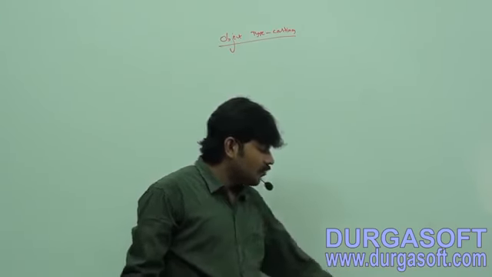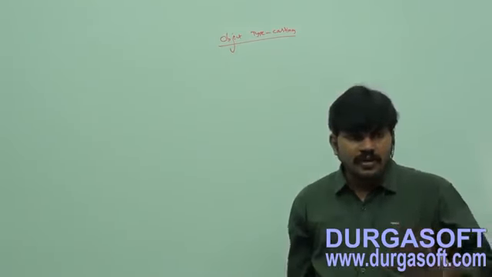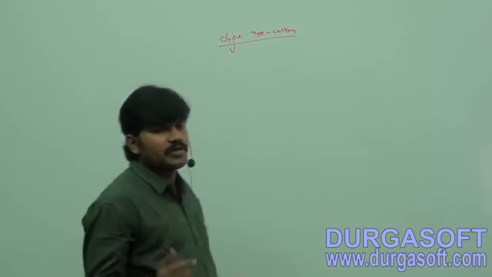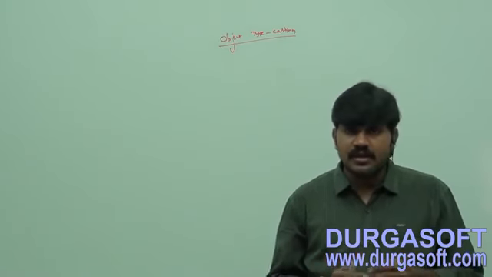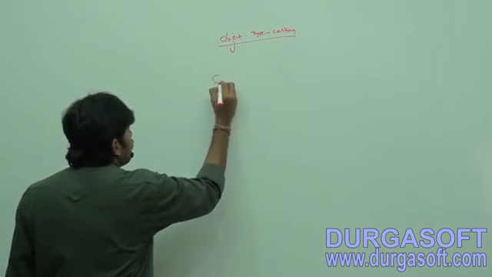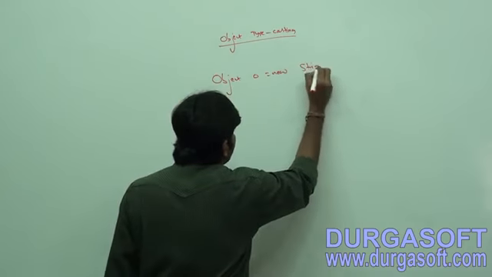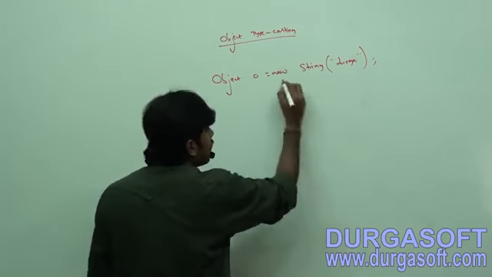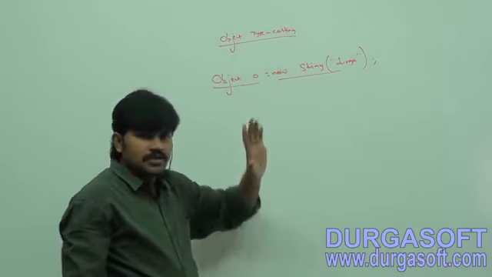Before discussing object typecasting, there are 2 points you should be aware of. What is the first one? Have you remembered, in the last classes we repeatedly used parent reference to hold child object, correct or not? If I take Object o = new String("Durga"), can you tell is it valid or not? String is the child, Object is the parent. Parent reference can be used to hold child object, right?